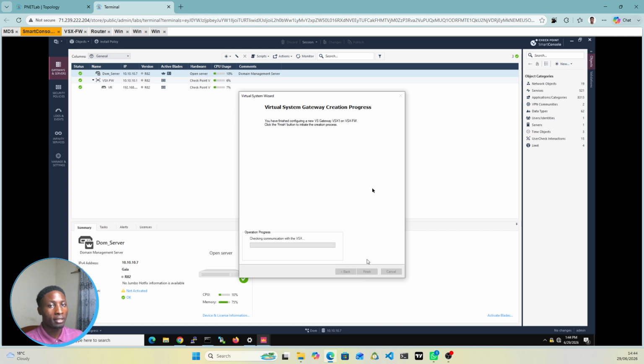So this should create it for you like this. So now you see this is your VSX1. Now, to make use of the other domain that we created, you must not create all the different virtual firewalls within one domain server. So you have the option to create the next virtual firewall, that's the next virtual system, within the other domain